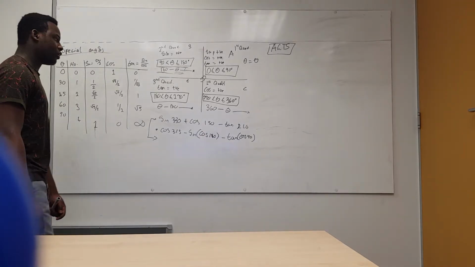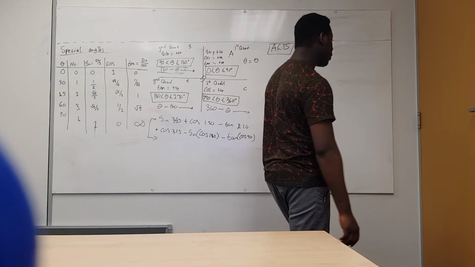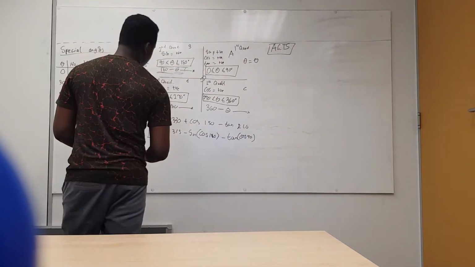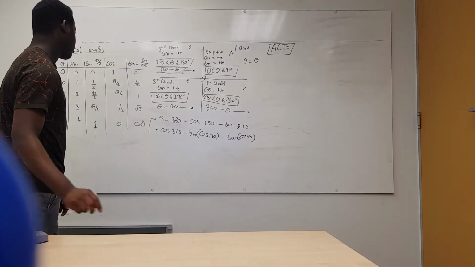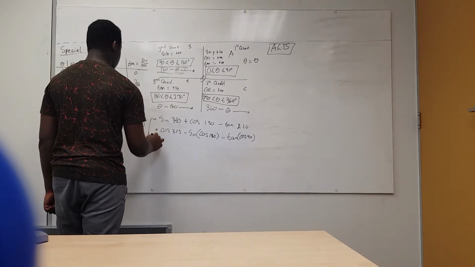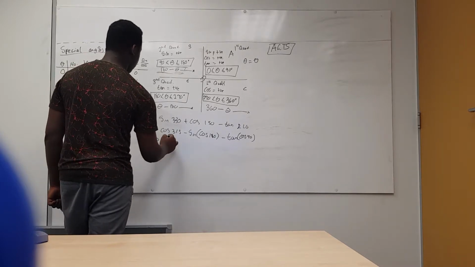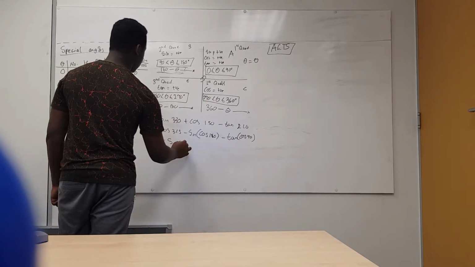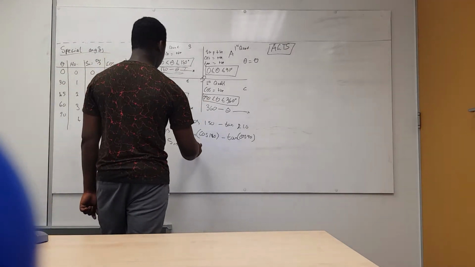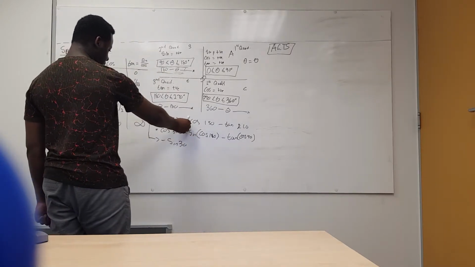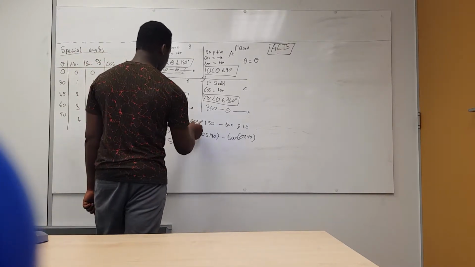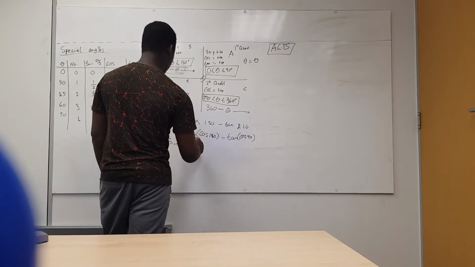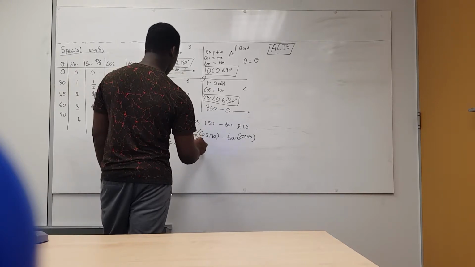First of all, 330 is in the fourth quadrant, so sine is going to be negative in the fourth quadrant. So it's going to be negative sine of 360 minus the angle, that's 30, plus, well, it's not going to be plus because it's going to be negative here, so negative cosine of 180 minus 150, that's 30,